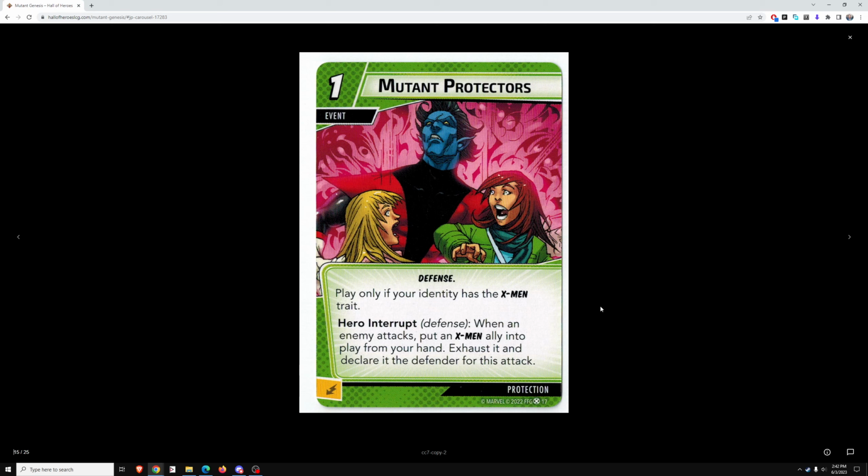So you're paying one resource, you're paying this card itself, you're losing this card, and then you're also losing an X-Men ally. So that's 3 cards from hand that you're losing. And then you get 1 defense. So from the in-play ability of the ally that comes into play, you would need like...